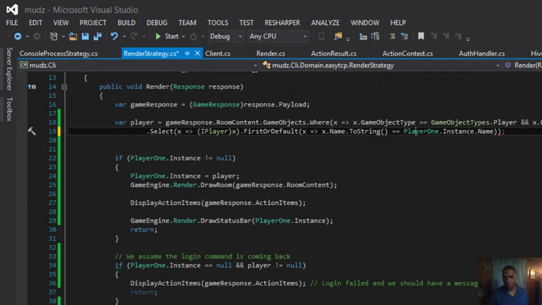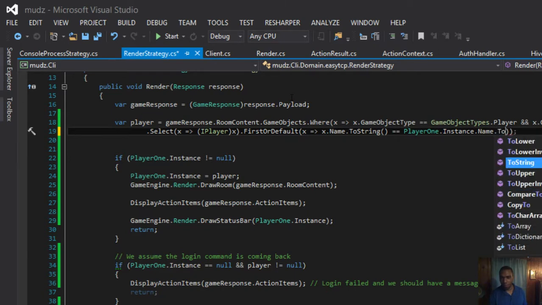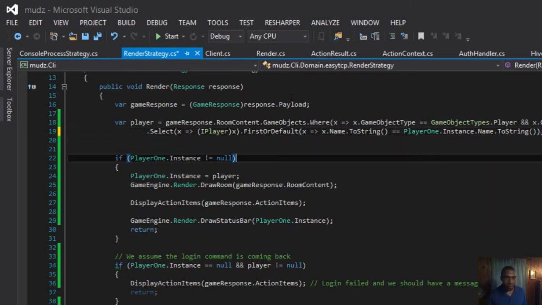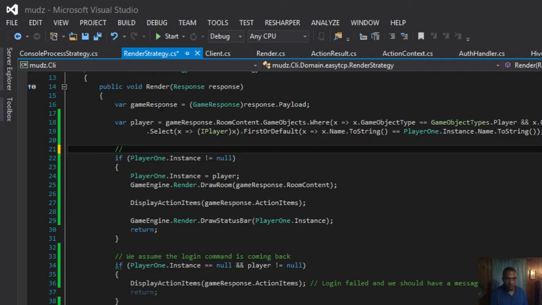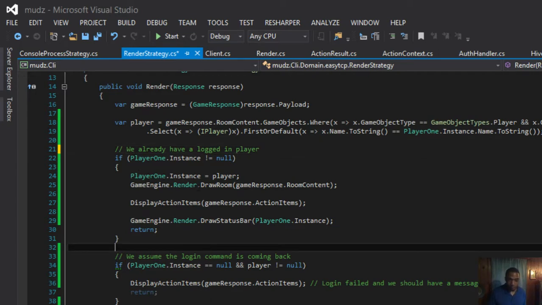Because that's what I mean. Sorry, my brain is rapidly shutting down. So make a quick little change. So here let's think about what we're doing. Let's just go and think it out. So we already have a logged in player, which means we already have a game instance, so we're going to do these things, which is label, right?